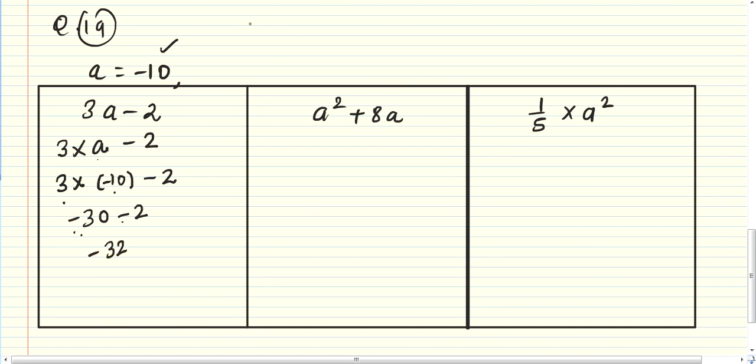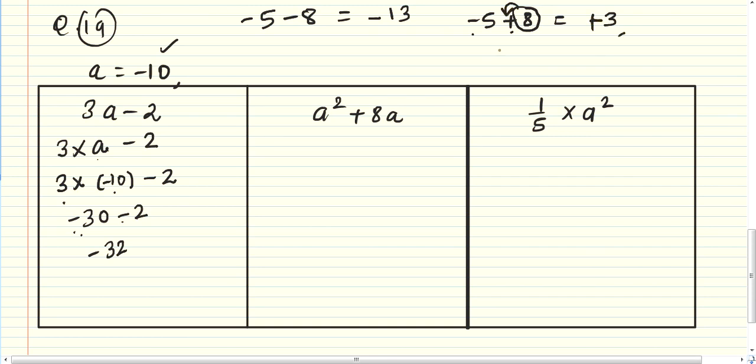Clear? Suppose you are having minus 5 and minus 8. So you have to add these two, you will get 13, but you have to place a negative sign. And now if you are having minus 5 and plus 8, one negative sign and one positive sign, you have to subtract. Clear? So subtract 5 from 8, you will get 3, but the sign you have to put depends on the bigger number. So here 8 is the bigger number and the sign of 8 is positive, so it will be plus 3.